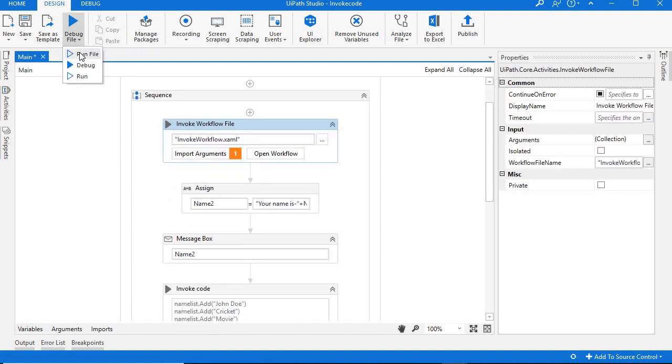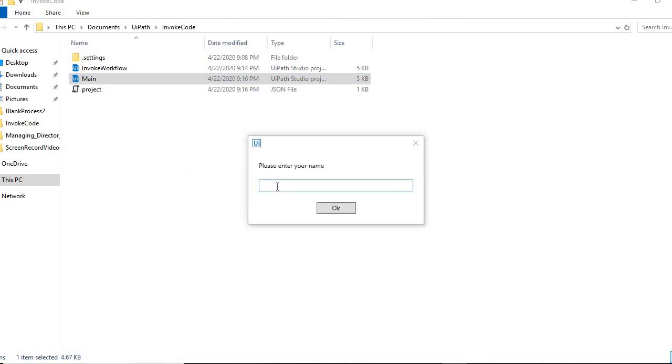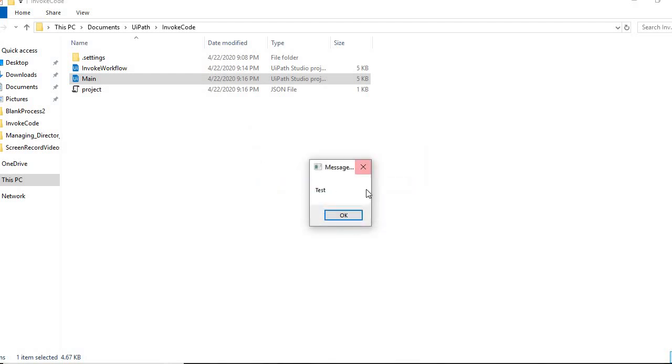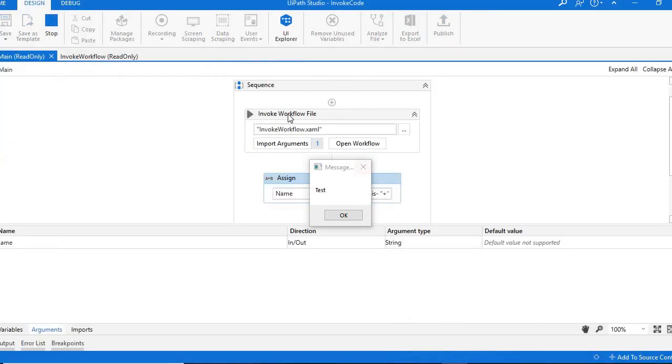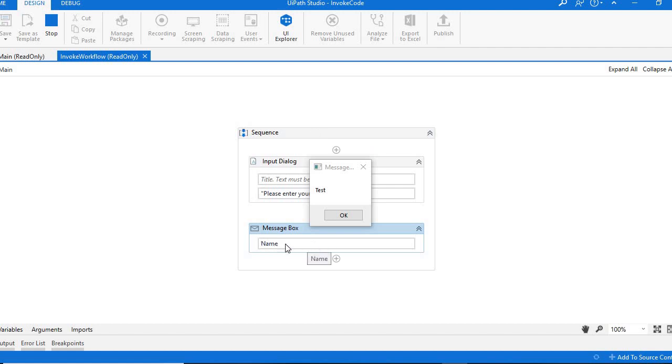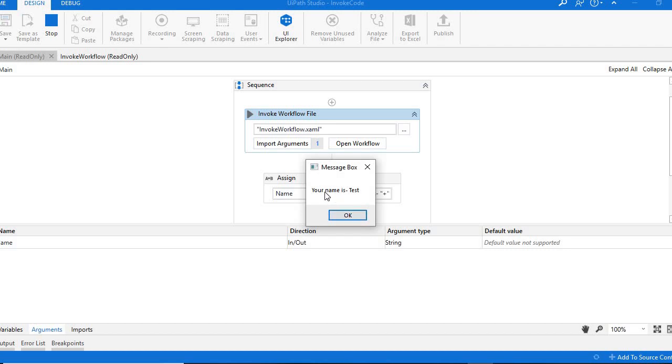Now I am running this file. Suppose I am giving here test. This message box is coming from our second workflow. And after clicking OK, your name is test.